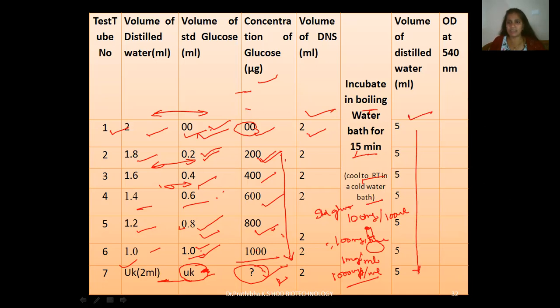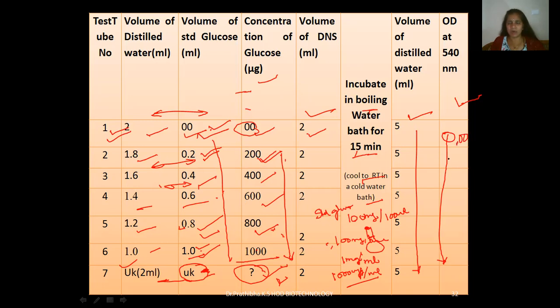After the addition, you'll take the OD, that is optical density, at 540 nanometer. Based on how we have added the glucose, we have increased the glucose concentration, so based on the concentration of glucose in each sample, you are going to get the same increase in color development in all the test tubes. I always told you that the blank will be used for 0, 0. This is like a blank, 0, 0.